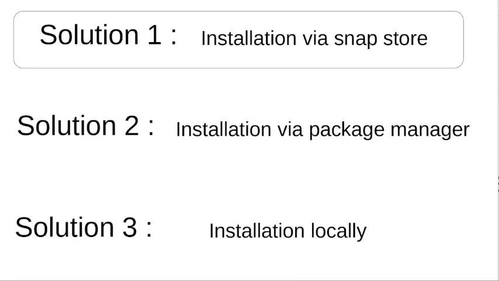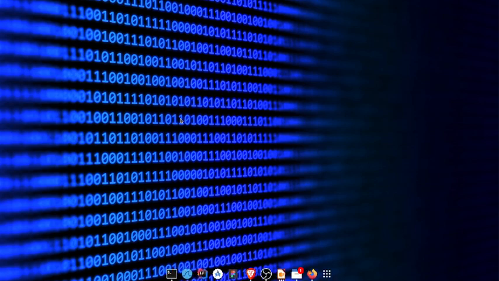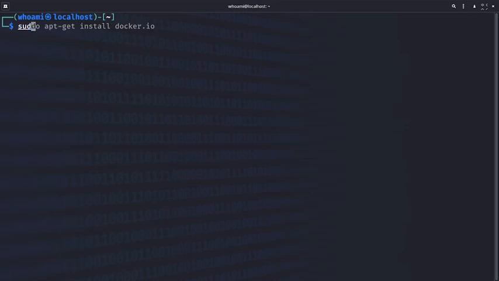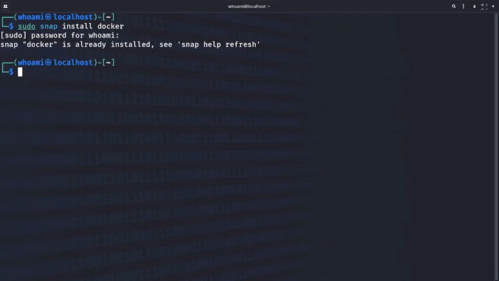First of all, you can install Docker via Snap Store. To install Docker via Snap Store, you have to call snap as root access: sudo snap install docker, and after that you have to enter your password. Because Docker is currently installed on my computer, it shows me this message. If it were your first time installing Docker, it would start